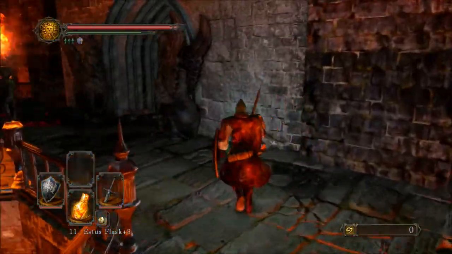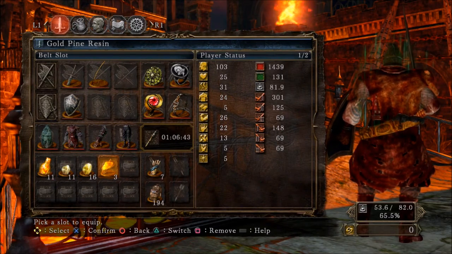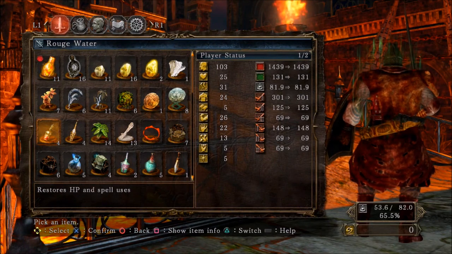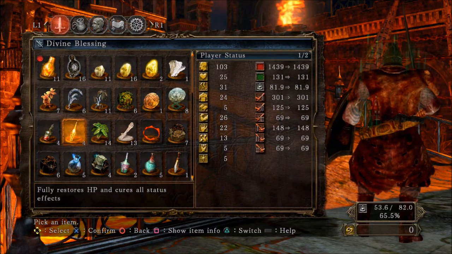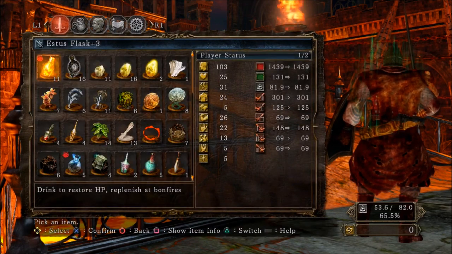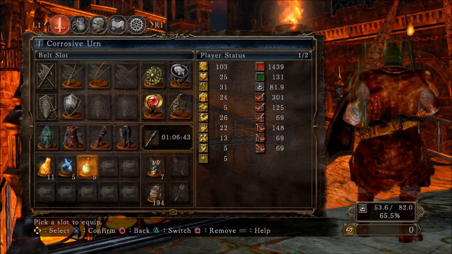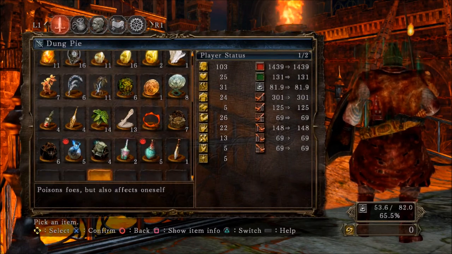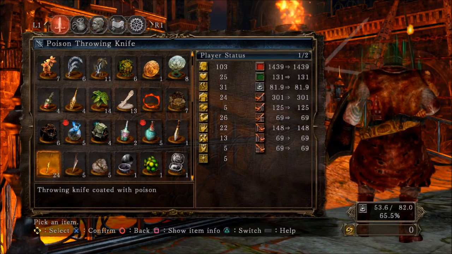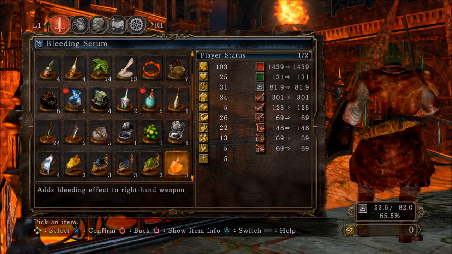I mean, the only thing I can think of here is to remove all this and just fill up with stuff I can throw at him. You know, like these kinds of things. I mean, not fire bombs. He ain't gonna care about that, but stuff like this, just throw crap at him. I don't know what else to do. Throw some poison knives at him. That won't do much damage, but I don't know. Apply all this to my...